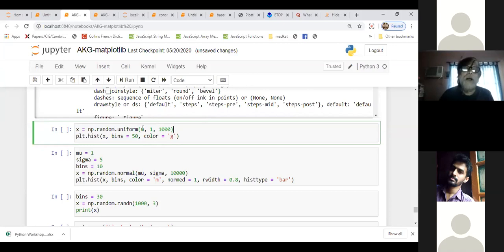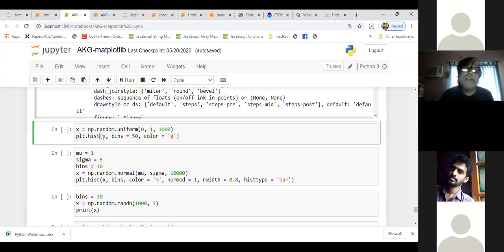Okay, and you create 1,000 numbers. So I created random numbers, x. That is for demonstration. If you don't need random numbers, you don't use them, but it's better to know these things are there. Okay, and now you use another function, hist. As the name suggests, it is histogram. So it is making a histogram.